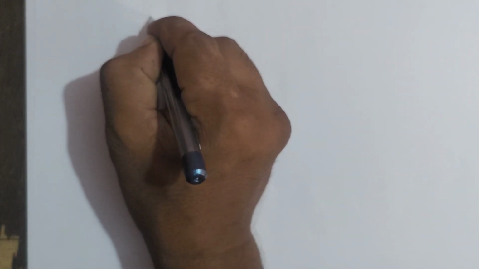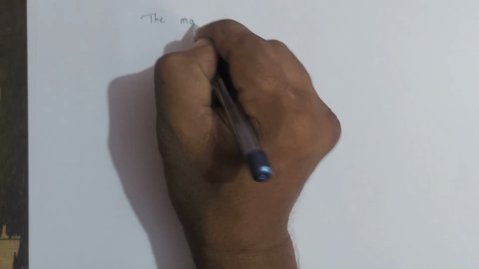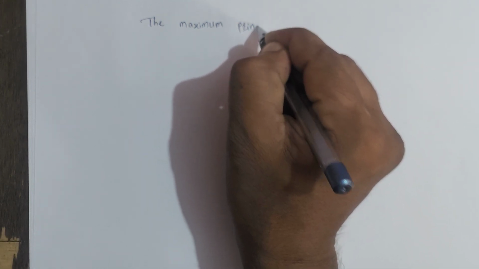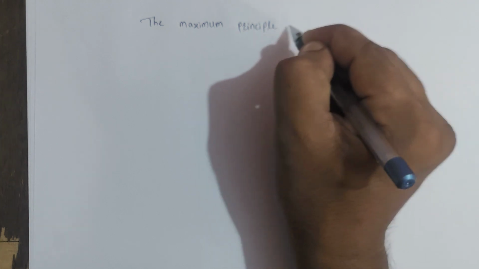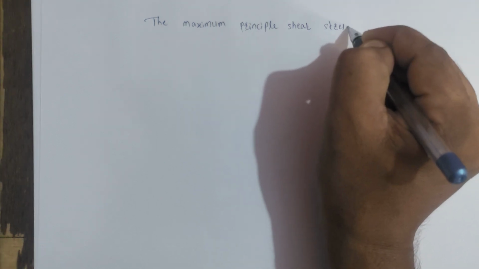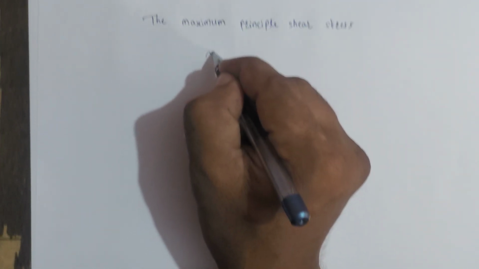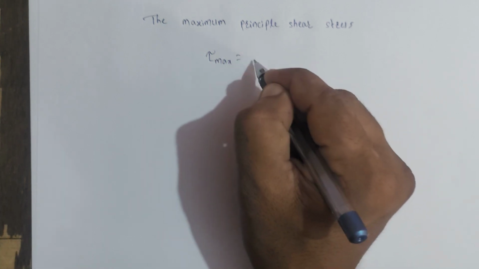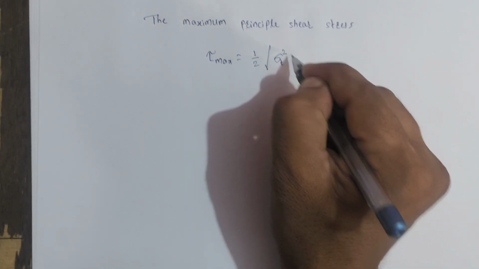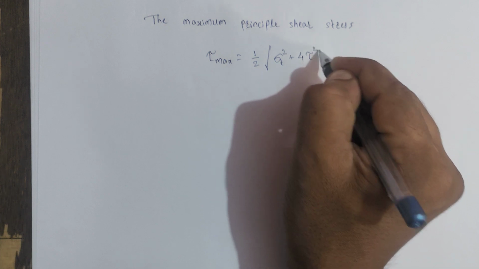As there are two types of stress acting in this case, we have to consider the principal shear stress and principal normal stress, and therefore the maximum principal shear stress, that is tau max, is equal to under root of sigma T square plus 4 into tau square,